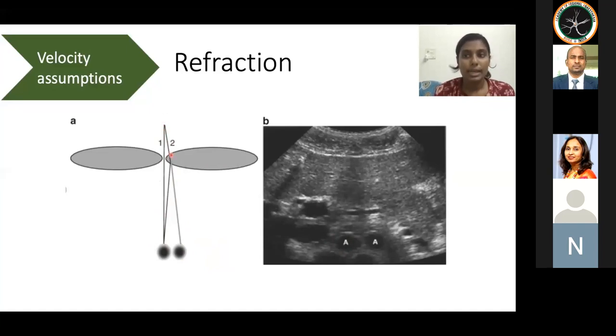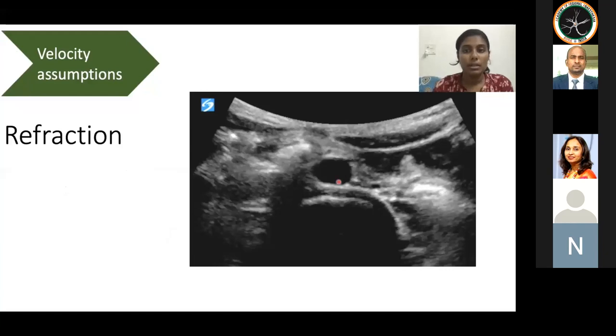But the image is formed in line with the original second ultrasound path, as if it didn't get refracted. So in the image it appears as if there are two aortas. This artifact happens when the probe is placed at an angle to the rectus muscle and can be easily corrected by changing the angle of insonation.